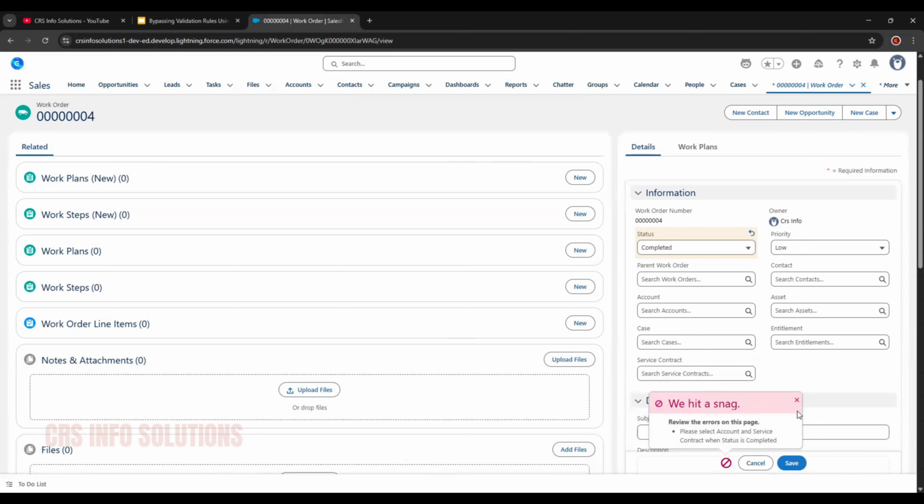Now, I have a system admin profile here, and I want to bypass this validation rule for my profile when I'm doing some changes. Because as an admin, I might need to edit the record even if these fields are blank, maybe for testing, data correction or urgent business needs. Now, instead of constantly deactivating the rule, we can bypass it using a custom permission attached to a permission set, right?